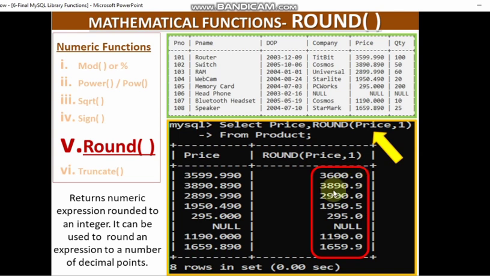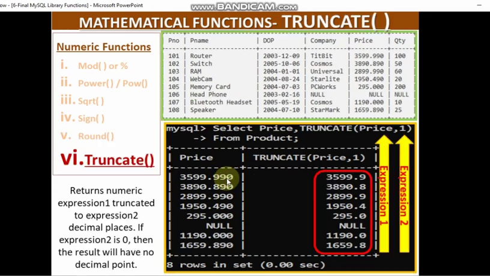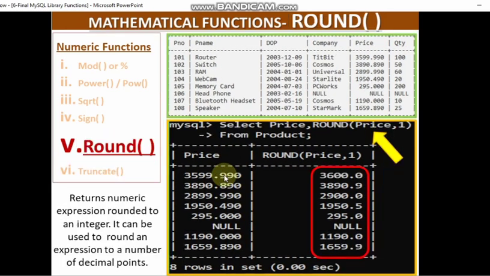But how it will round off? See, it will round off till one decimal place. Now after 0.9 is there. Now for this 9, we will check this value. If this is 5 or more than 5, then it will round off this.